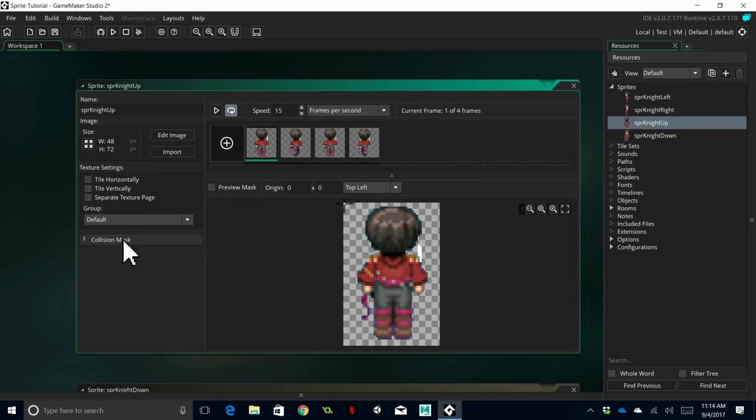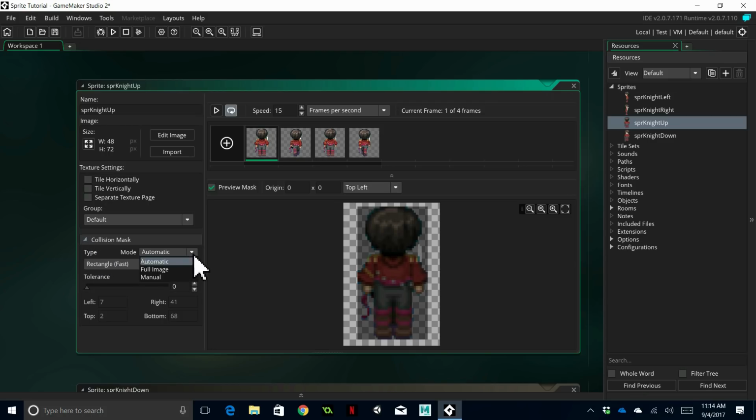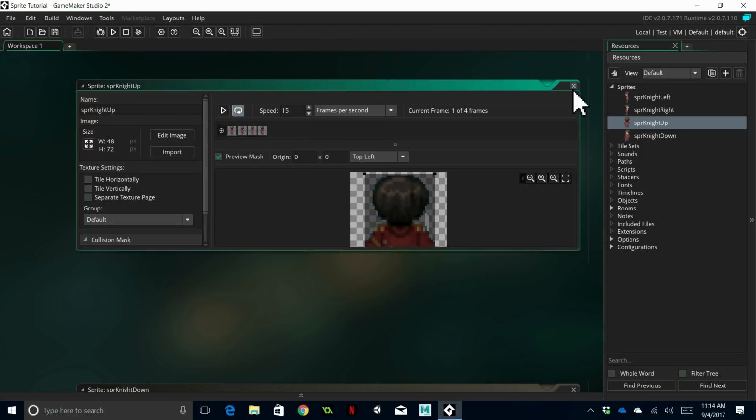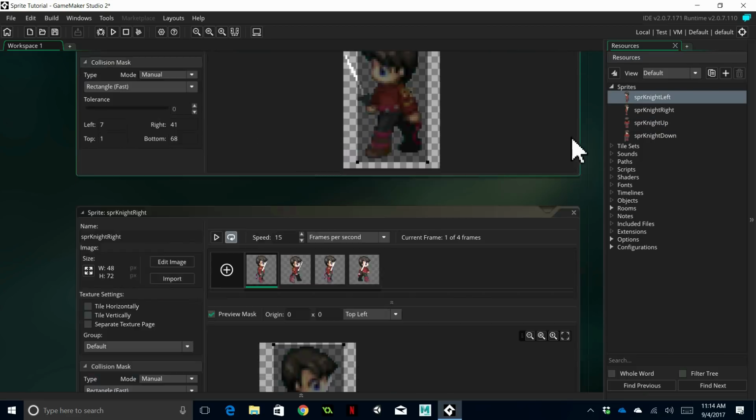And this guy we've got to do also. So collision mask, manual, 7, 41, 1, 68. Now, this is for this sprite. Okay, your numbers may be different, but just make them all the same. It will make your life simpler in the end. Trust me. Okay, now I think we are actually done with this